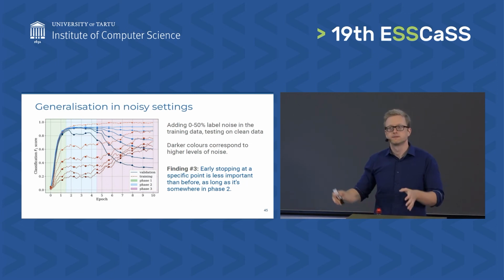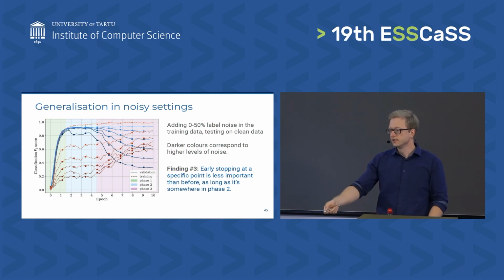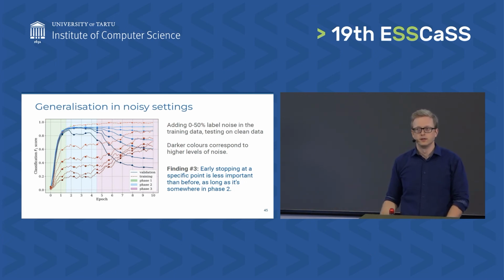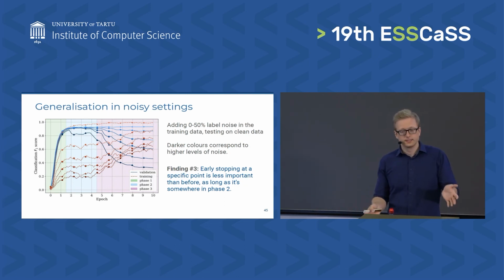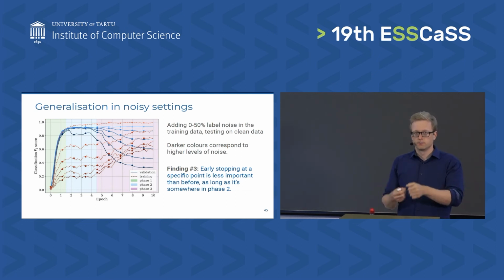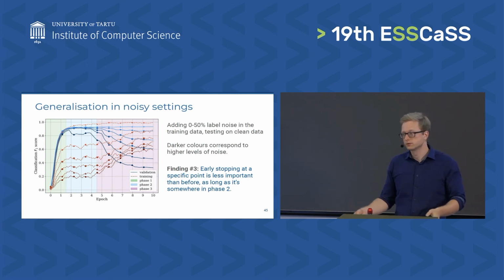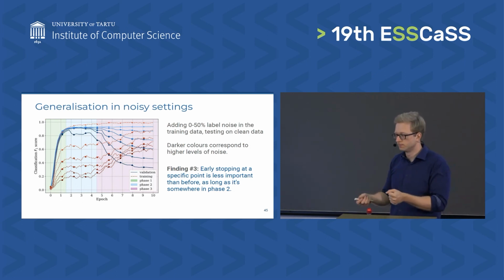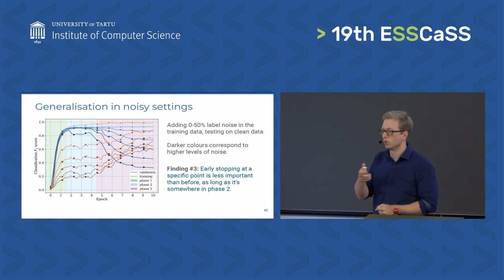And if the data is actually clean, then you can see that the line for the clean data set remains horizontal for most of the time. So again, there's not much threat of overtraining as long as the data set is clean. So nowadays, it is quite common to not do early stopping using a development set, but to just pick a particular number of epochs. And this graph illustrates why that works and why it's not necessary to pick a particular point anymore.